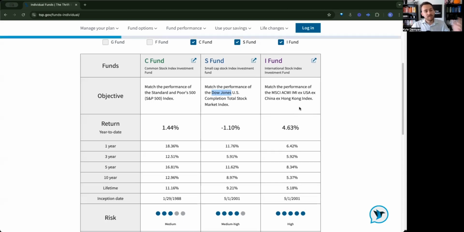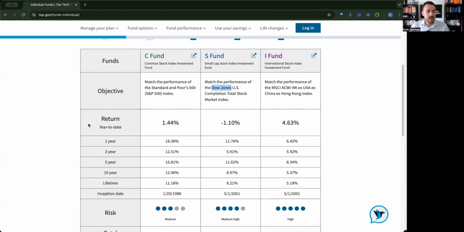And so the I fund is invested overseas, I for international, right? And as you can see here, once again, it gives you the returns year to date, the last 1 year returns, 3 year return averages, 5 years, 10 years, and so on. Now, for these, you can look at either the 10-year or the lifetime returns, and you can see that they're